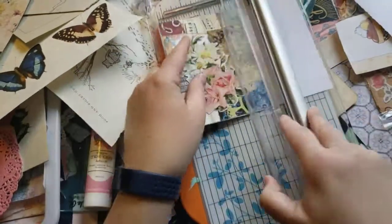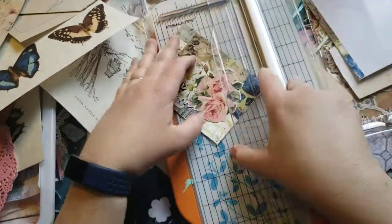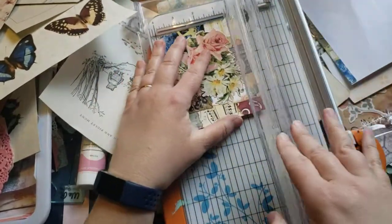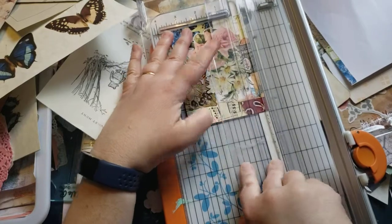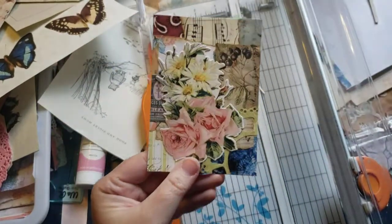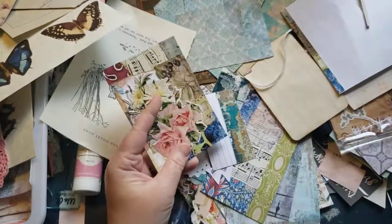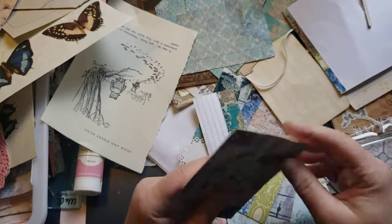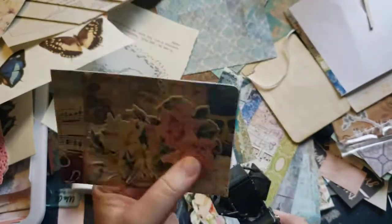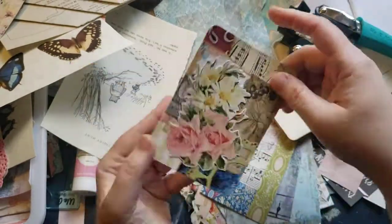And because I'm taking too long to do what I'm doing, you know how that goes. So, yeah, I'm just straightening this out now. It's not quite straight. I mean, I cut it from the there. Still seems super busy, doesn't it? Well, maybe it'll go in a journal where I want something busy. Just have to put it on something plain. Or if worse comes to worse, if I add a word, that might help. But I think I'm going to have to make my own word because I think I'd want the word